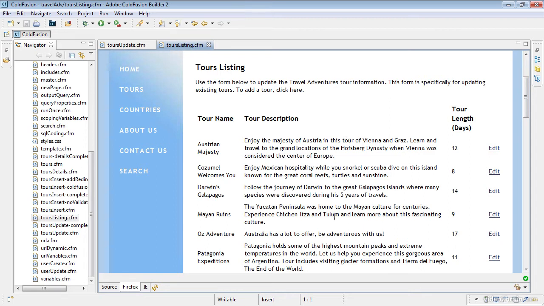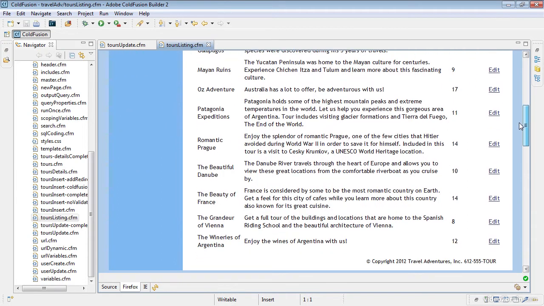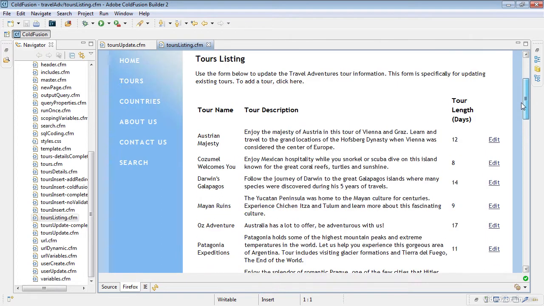This is a listing of all the tours in the database at this point in time. Now there are 2 new tours I just recently inserted. The Oz Adventure is one of them, and the Wineries of Argentina. So these 2 titles are new tours that I added. And what this page does is just display these tours within a table structure, but I've added an additional column